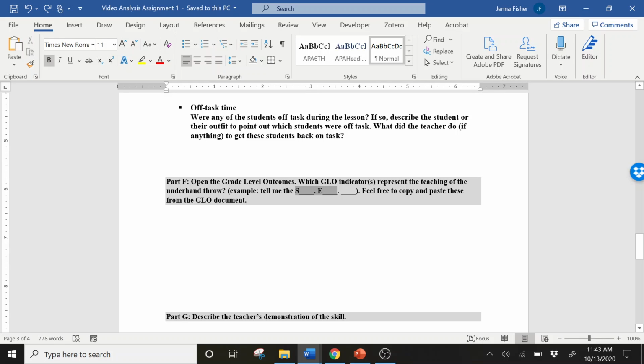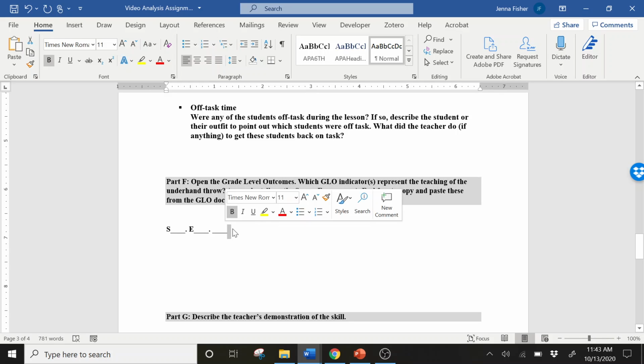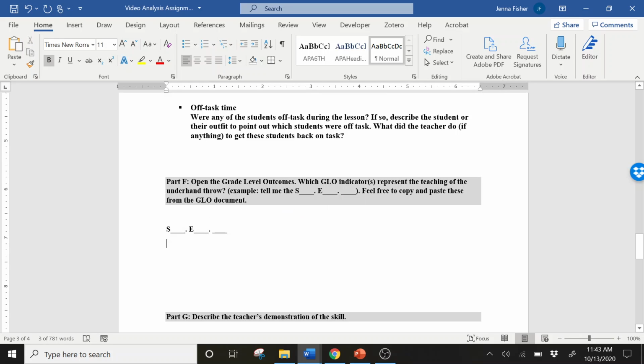So again, it's going to look something like this. So down in your response here, you'll fill in these blanks, okay? And this can be a range because it goes across multiple grade levels at that elementary. So again, just make sure that you're focusing on the E for elementary, right? And tell me the indicators here.